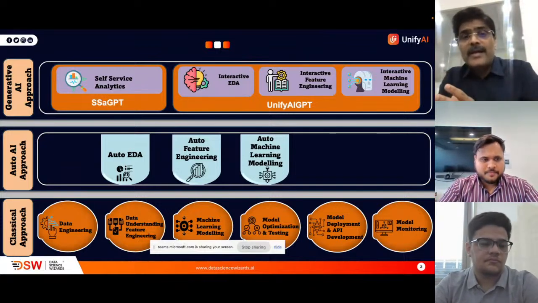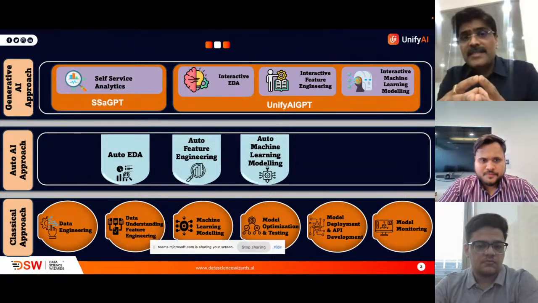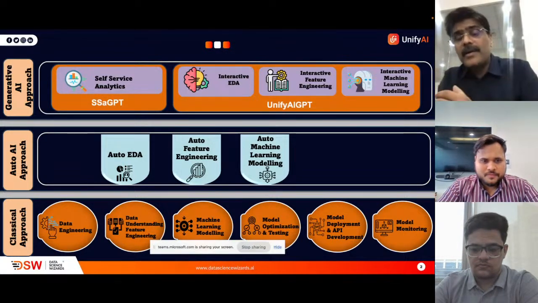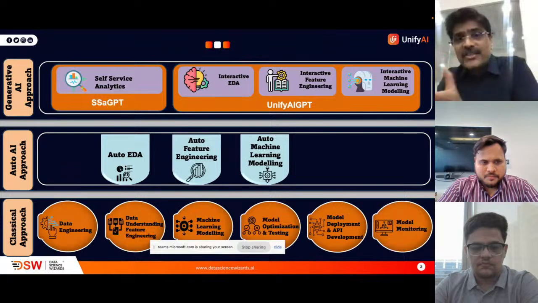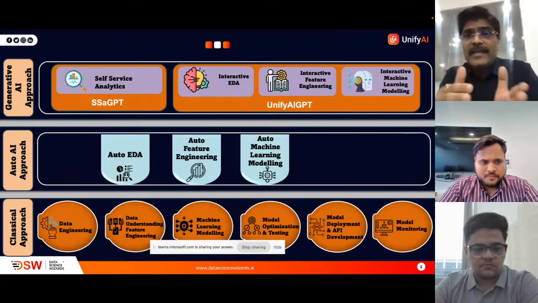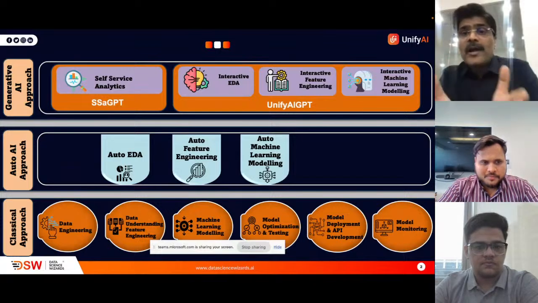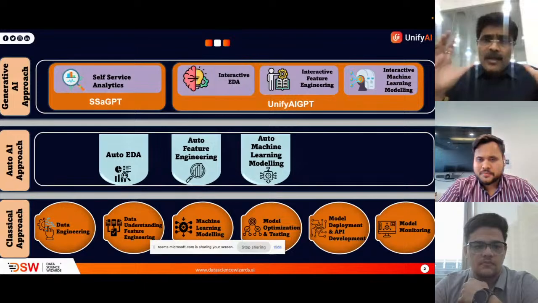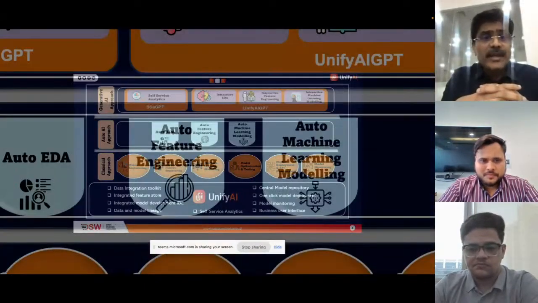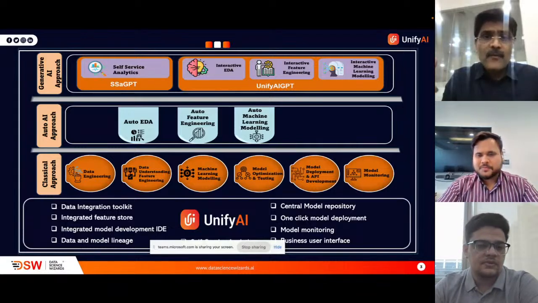And second, what we are integrating is UnifyAIGPT. It will enable data scientists and your technology team, through prompt engineering, to work in an interactive way at each juncture of this classical approach: in EDA, in the machine learning model through Copilot for optimizing the code, and in an interactive way of feature engineering. So in a nutshell, this is how UnifyAI looks, with the classical approach at the core of UnifyAI, where enterprises can